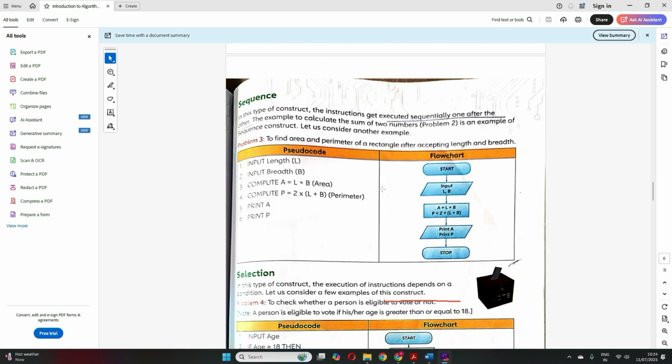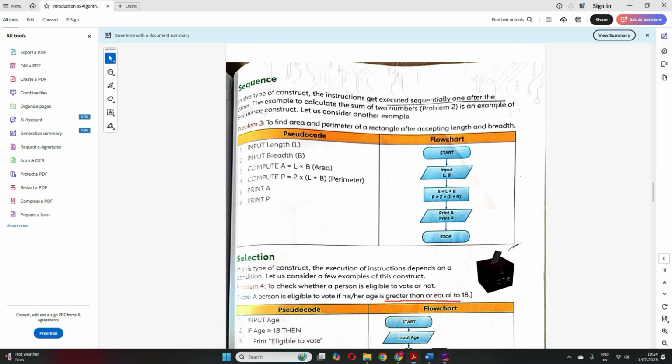Like here, see in your book, there is an example given to find the area and perimeter of a rectangle after accepting length and breadth. So we have to calculate area and perimeter after we accept length and breadth, right? So how should it go? We have to first accept length and breadth. Input should be the first step. Then we calculate the area, which is length into breadth, then perimeter, which is 2 into length plus breadth, right?